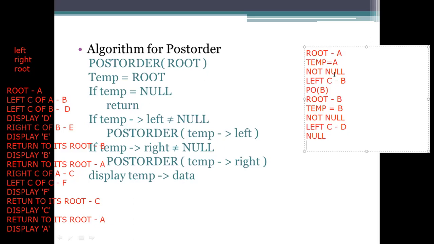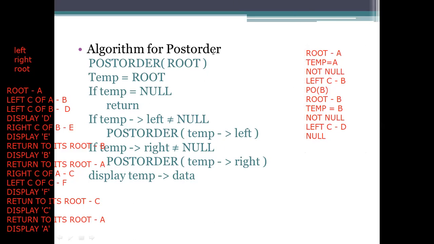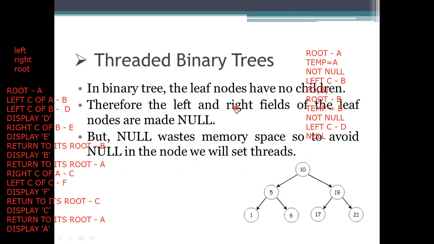So what is the value here? We need to go for displaying of that, and then next we need to go for the right side. After that, right child processing. After that, we need to process the root node. Means here you process left and right, then what happens here? It will be specified as null. So then it will be displaying the root node there. And like this, we need to calculate each and every root element for the processing.